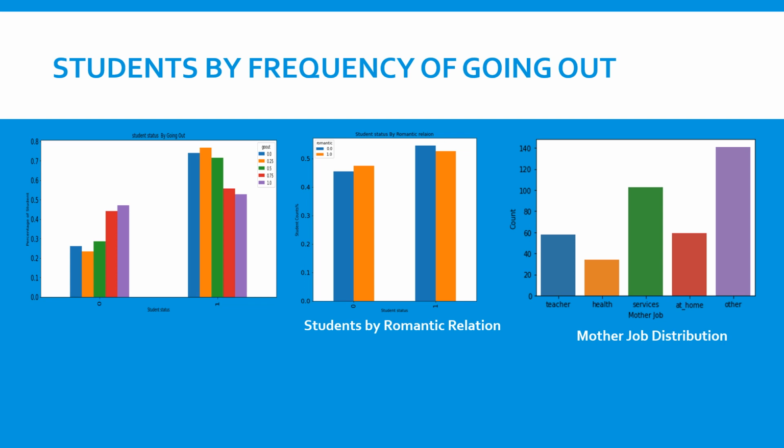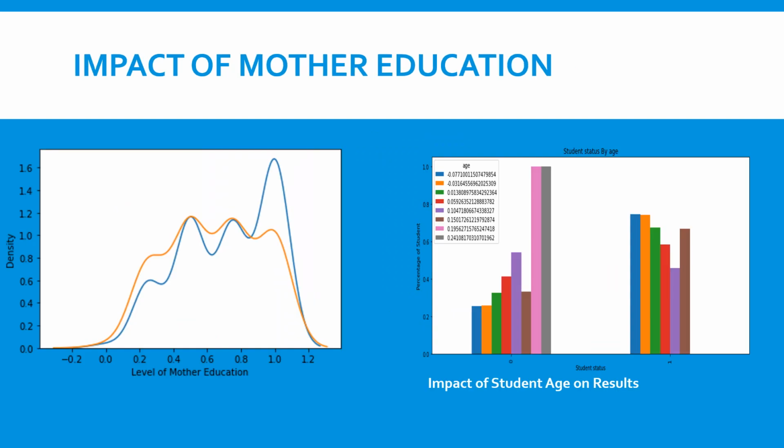The next graph is the mother's job distribution. It is showing that most of the mothers of the students are doing other jobs rather than being at-home teachers or in health and security. And the impact of mother's education is very important. It's showing that high mother's education has a good impact on the student's status. If we look into the second heat map, previously it seems that the mother's education is more impactful than the